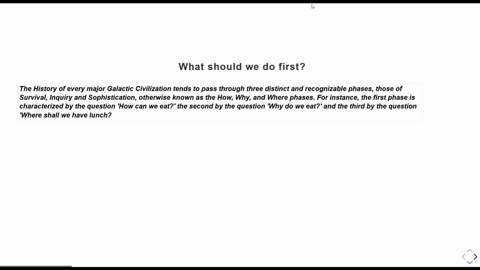The history of every major galactic civilization tends to pass through 3 distinct and recognizable phases, those of survival, inquiry, and sophistication, otherwise known as the how, why, and where phases. For instance, the first phase is characterized by the question, how can we eat? The second by the question, why do we eat? And the third by the question, where shall we have lunch? This is from the second book of